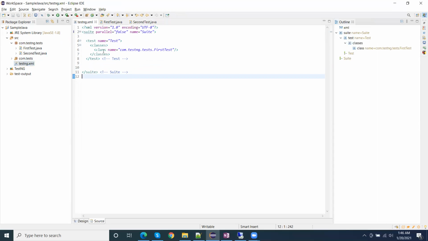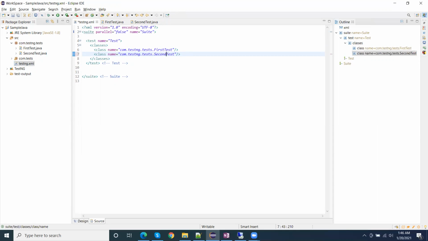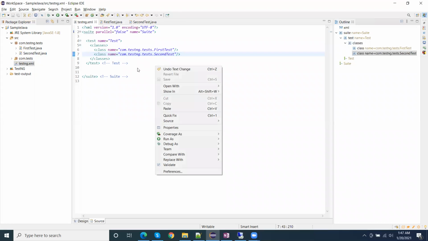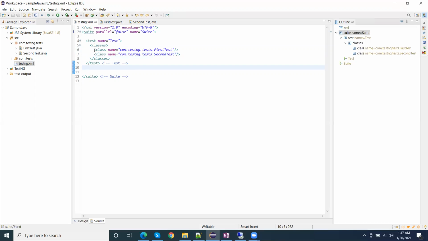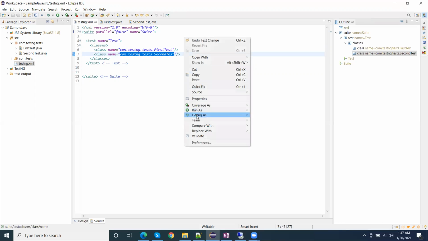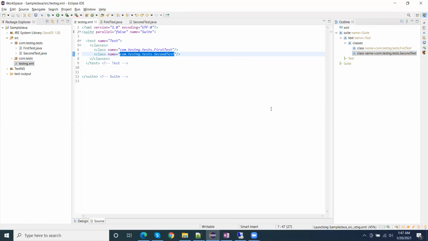If you want to include this, we can add one more class here. This is second test. So now if I run the test, it will execute all the test methods which are defined under the first test as well as the second test Java file.